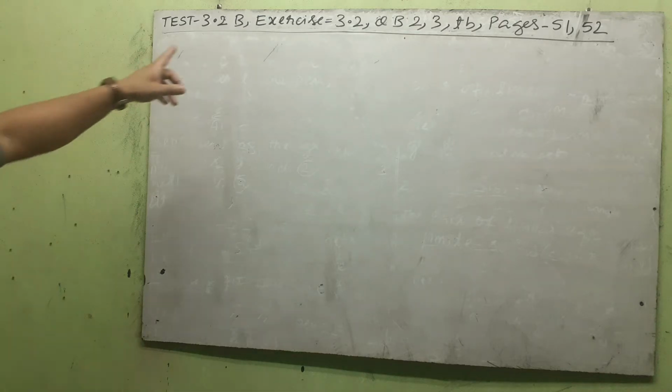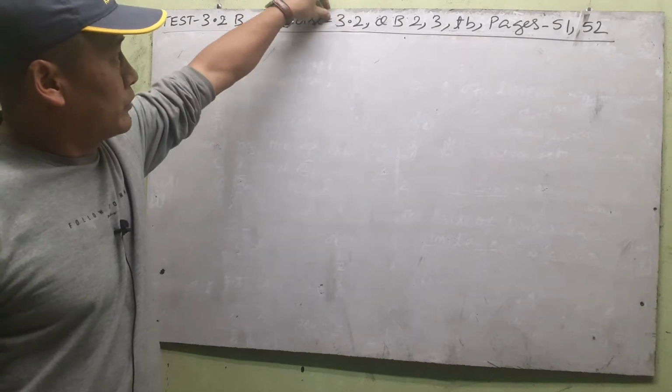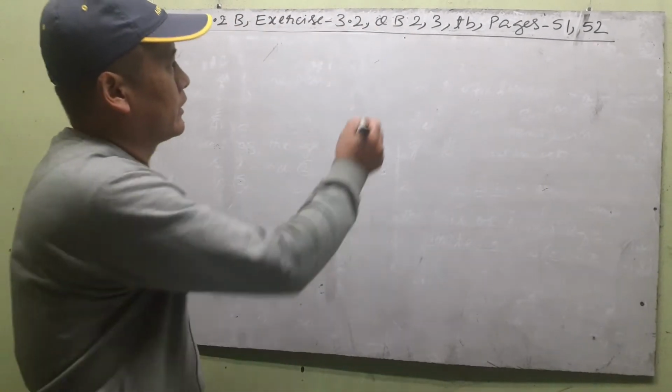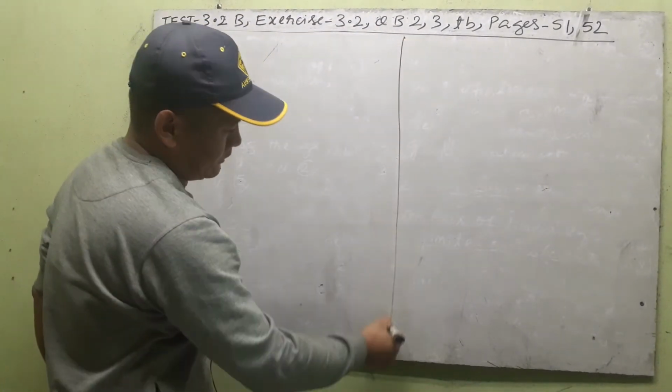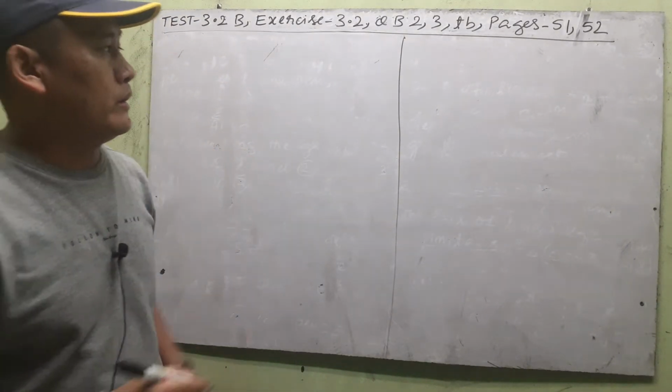Okay, so the next test is this, test 3.2B. Exercise 3.2, these two questions, okay? Before we start, let us revise the conditions, the three conditions for a pair of linear equations that we did